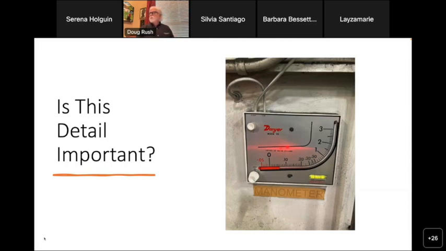This is a Dwyer manometer, which many of you have seen. It's a picture. It tells us something here. It's the same thing. Why is this detail important? The reason I ask that question is because this is on a particular paint booth. Whenever we do an air sample out there in the workplace, do we need to know this kind of information so that we can match it up to what was actually sampled, where it was sampled, was it in a paint booth, that kind of thing?